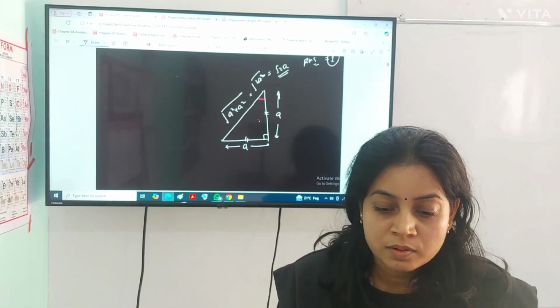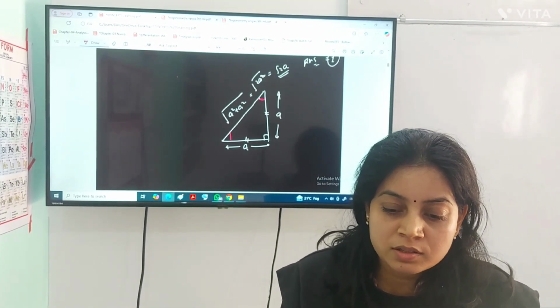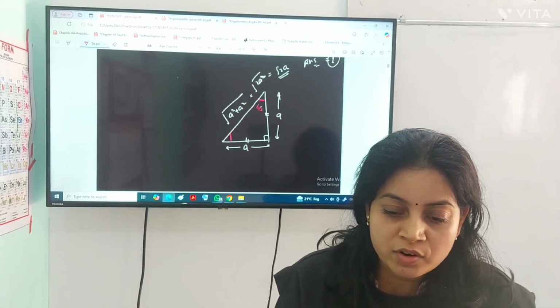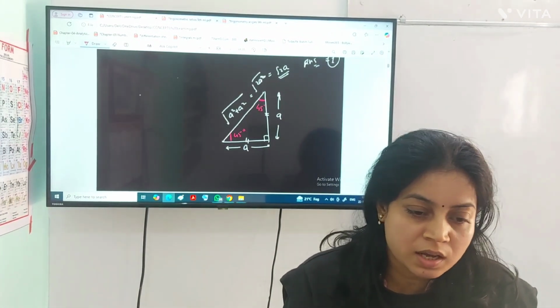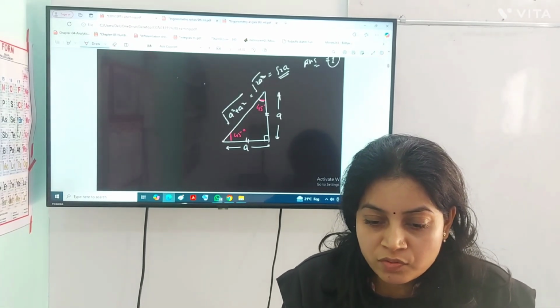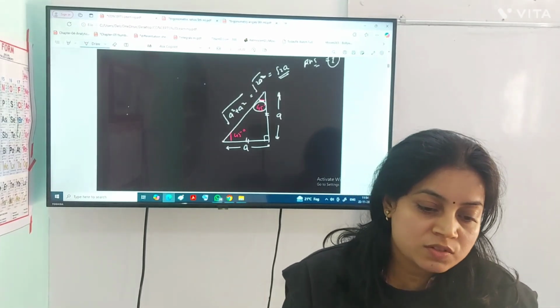And the other thing, if this angle is 90 degree and this is an isosceles triangle, then definitely you can find the rest of the angles also. What will be this angle? These two angles will be equal. In the isosceles triangle, base angles are equal, then definitely this angle will be 45, 45. This angle will be 45 and 45.